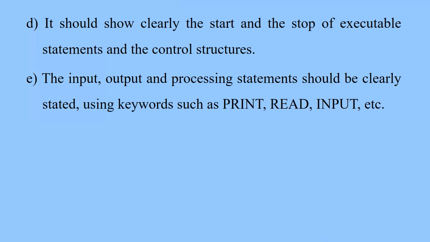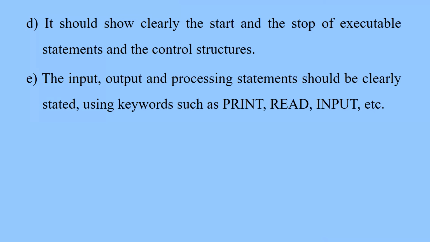So you can even use ones like: start, do X, Y, Z. When you are through, stop. The next rule is that the input, output, and processing statements should be clearly stated using clear keywords, for example, read,